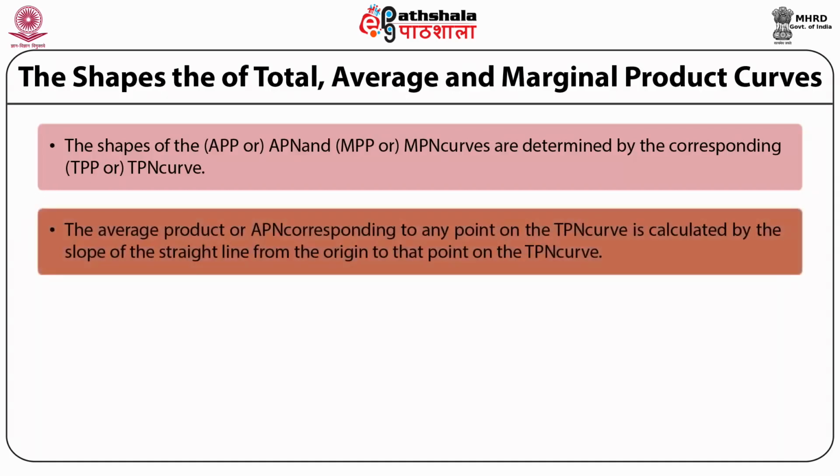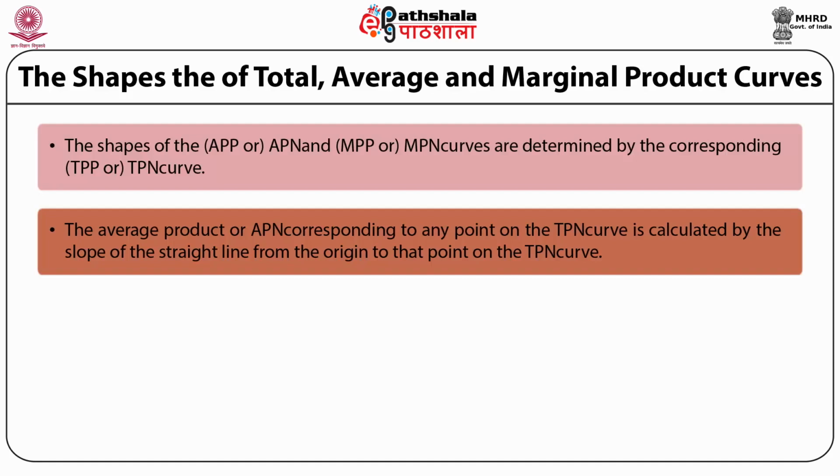The average product or APN corresponding to any point on the TPN curve is calculated by the slope of the straight line from the origin to that point on the TPN curve. The APN curve usually rises at first, reaches its maximum and then falls, but it remains positive as long as